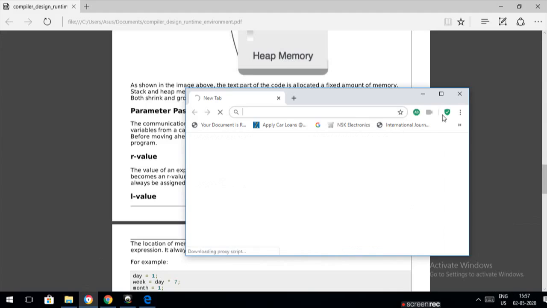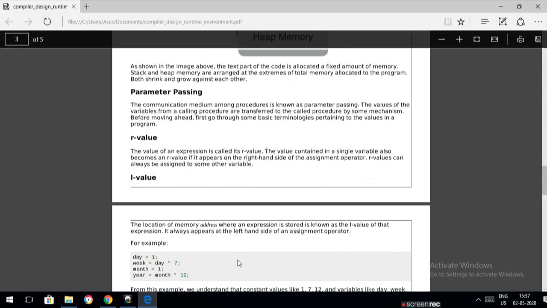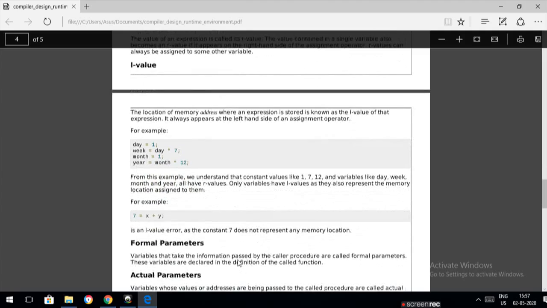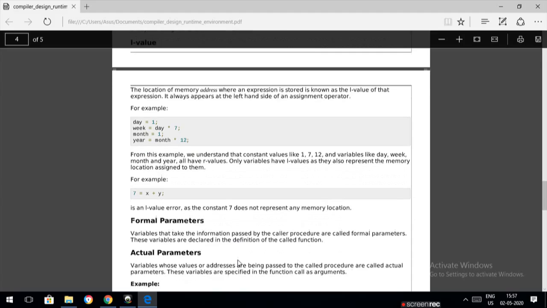If you consider L value, what is L value? For example, the right hand value can be assigned to your variable, right? So that can act as an L value. L value may have a memory address. Why is it a memory address? Because the variable will be stored in a memory location. So that will be called your L value. Always, an L value can have some memory location. So L value will not be any constant.